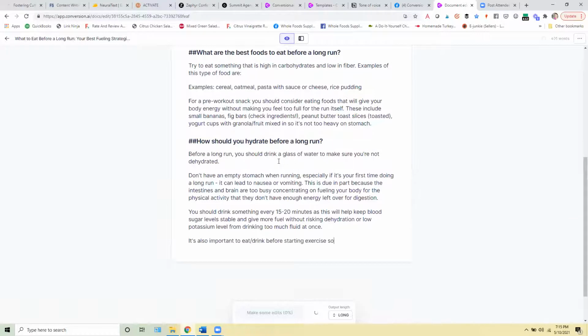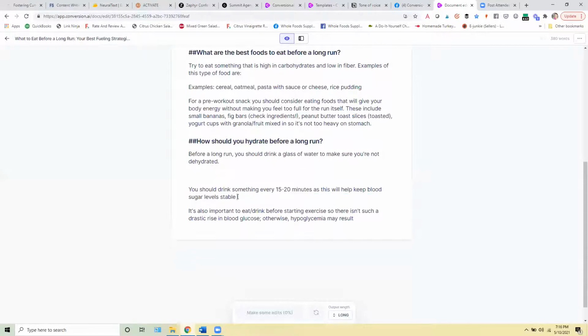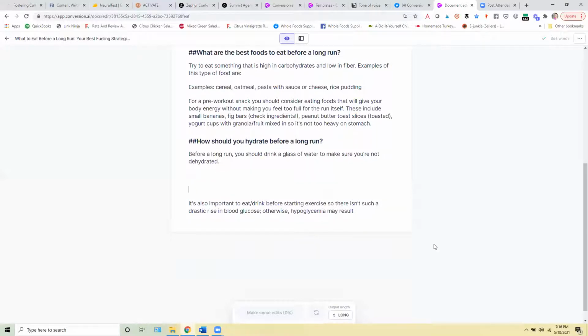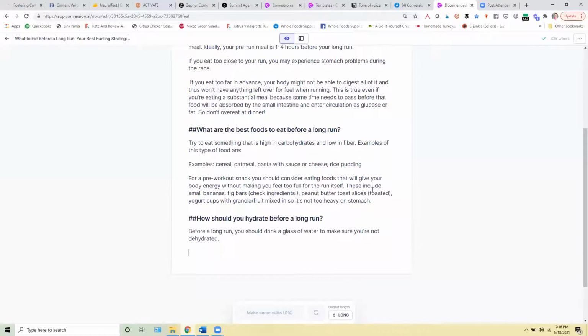So you should drink a glass of water to make sure you're not dehydrated, don't have an empty stomach, it can lead to vomiting, you should drink something every 15 to 20 minutes. Here it says you should drink something every 15 to 20 minutes as this will help keep blood sugar levels stable. Drinking water, we know, doesn't help with blood sugar levels. So that's something you would obviously want to edit out to be factually correct. But again, you can get an idea of how, if you start feeding it the type of information that you want to see, it learns from that, and then it gets better and better at providing that information